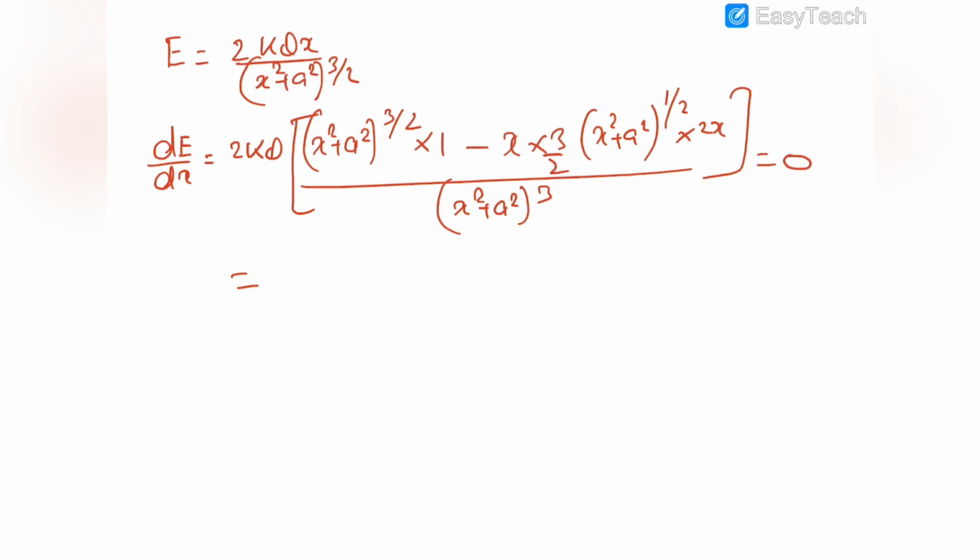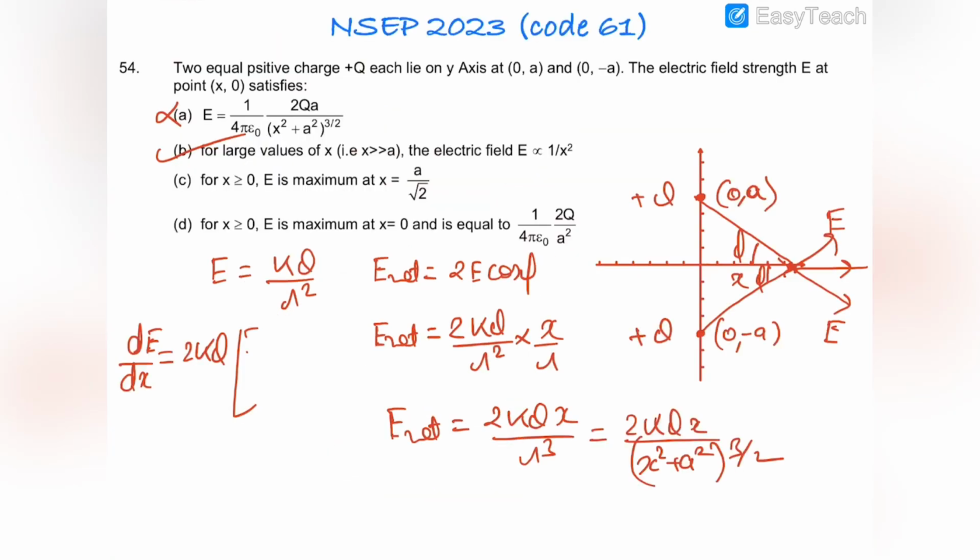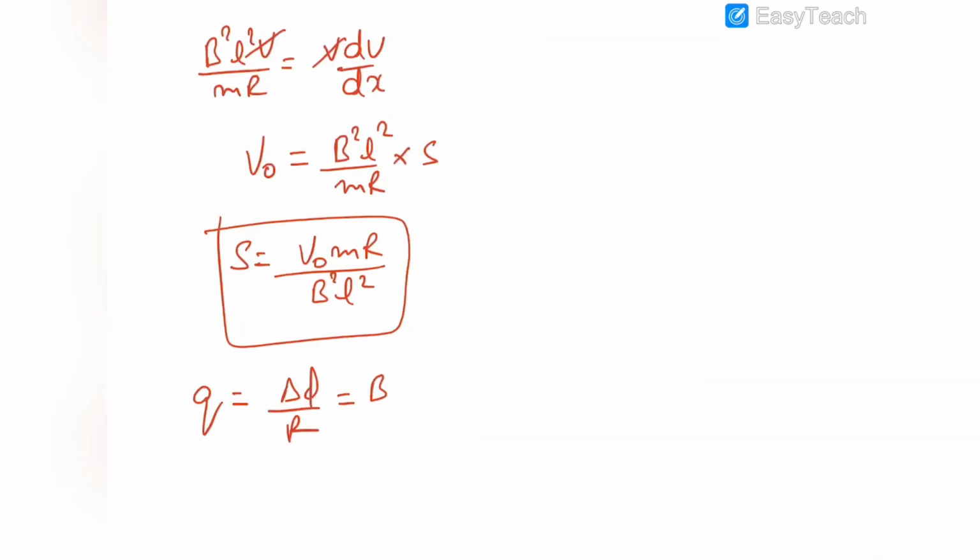So equating it to 0, so we can see that x square plus a square to the power 3 by 2 is equal to 3x square into x square plus a square to the power 1 by 2. So you can see that x square plus a square is equal to 3x square, and 2x square is equal to a square, and x will be equal to plus minus a by root 2. So obviously this option is also correct, and this is wrong, because if C is correct then automatically D is wrong. Now we move on to the next question,